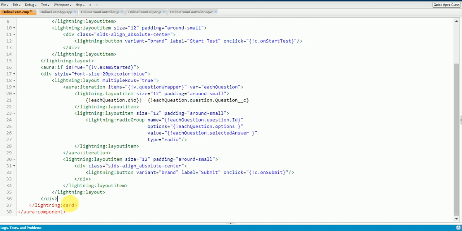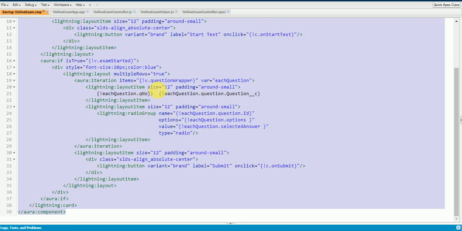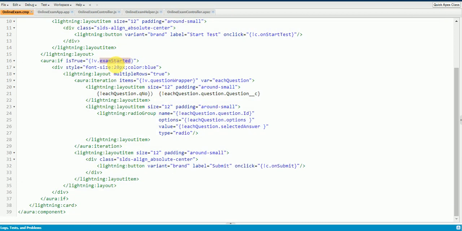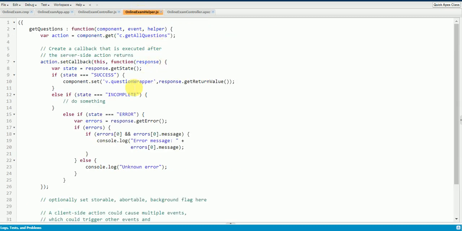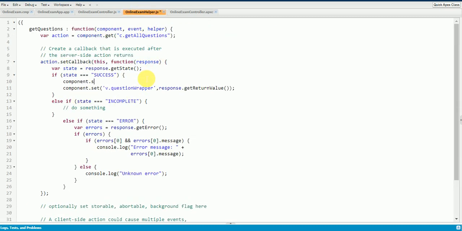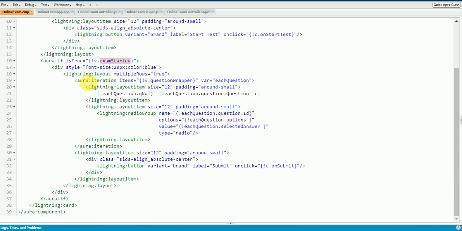Once the start test button is clicked, only then I want to show the screen. So I'll go back to my helper class, and once I get all the questions here, I'll make the boolean true. That means when this condition is satisfied, you can see the whole screen.